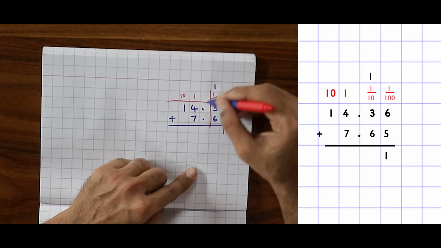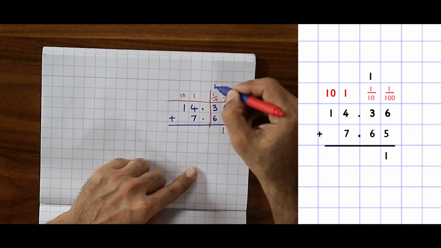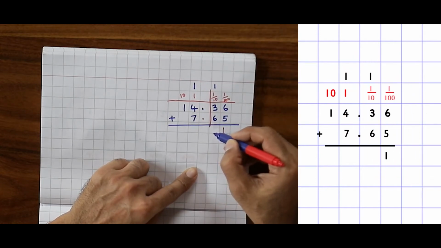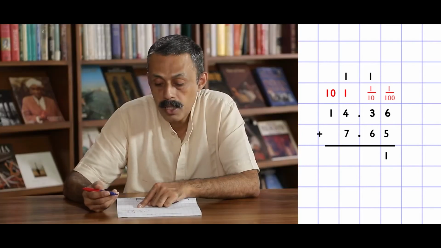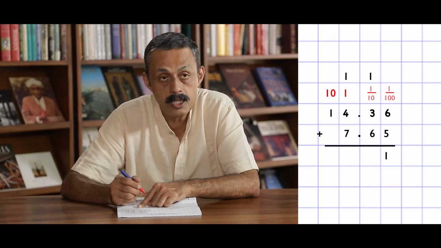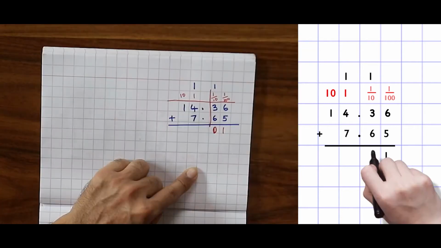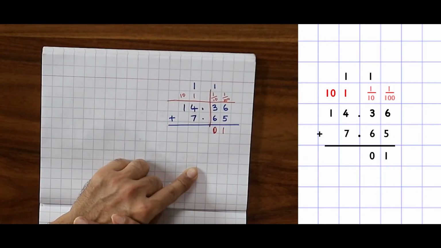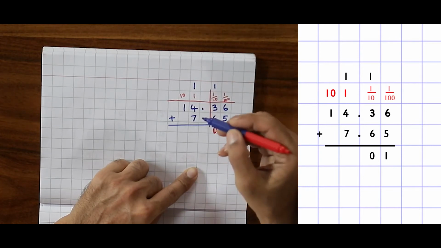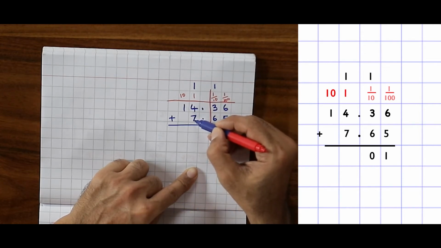Since that is 10, I bundled it again and brought it here. When I bundled 10 1 by 10s, I got 1 unit. What is left here? Nothing is left here. I would have written if anything was left. Just like I wrote 1 here and carried 1, I carried the bundle of 10 and nothing is left. Hence, it is 0. So, in the units place, 1 unit plus 4, that is 5 units.